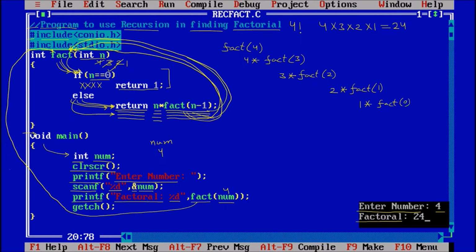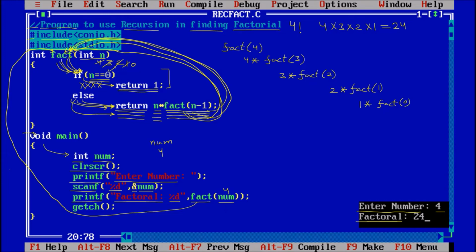So it is again going back and calling the factorial. Now this time we have passed the value as 0. Coming down, if n equal to 0, 0 equal to 0 is true, so this part will run, the program will come inside, return 1.